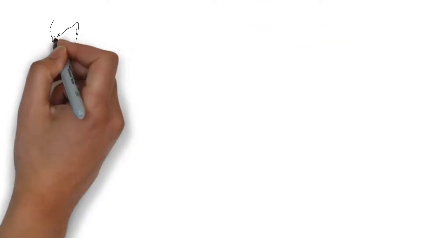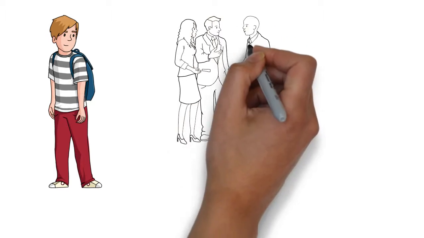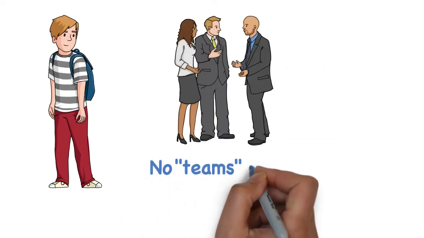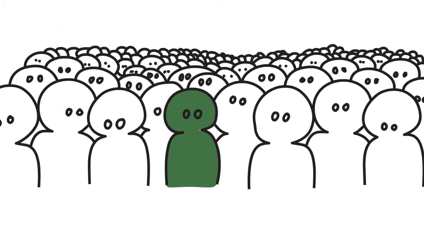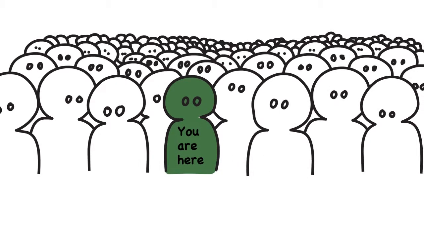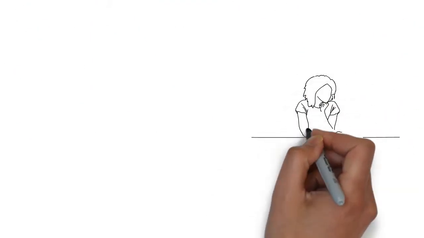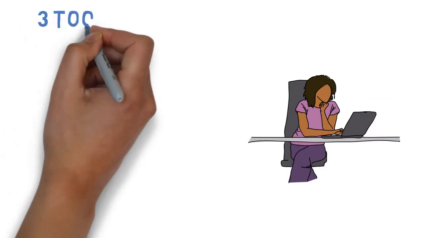There are also no teams up at the high school. This means that each of your teachers only knows you individually and will not be able to intervene as a group if they see you making poor choices. So in many ways, you're just another student in the population up there. Now this should be viewed as a good thing since it's more like the real world. More responsibility is being put on you to monitor yourself. Succeeding or failing a class is not something that just happens. It's the result of choices that you make and following through on plans and projects.